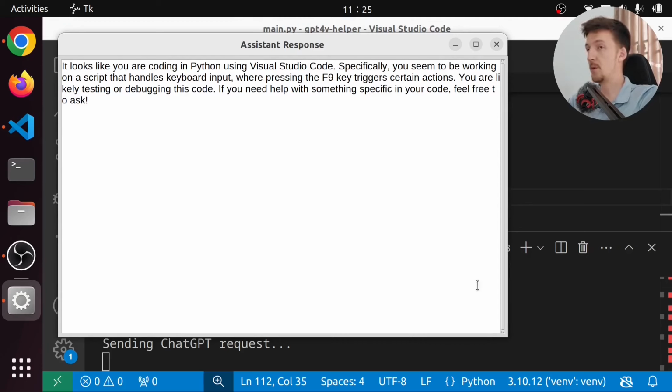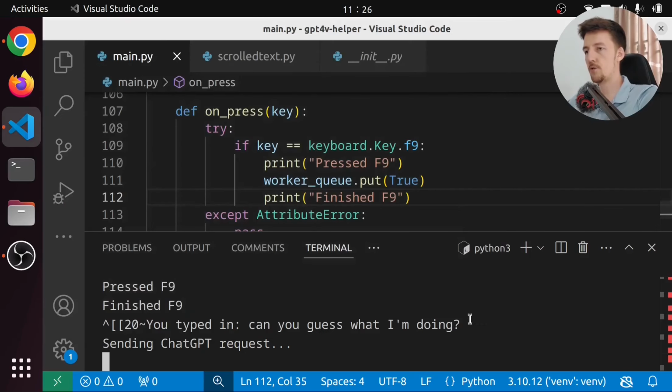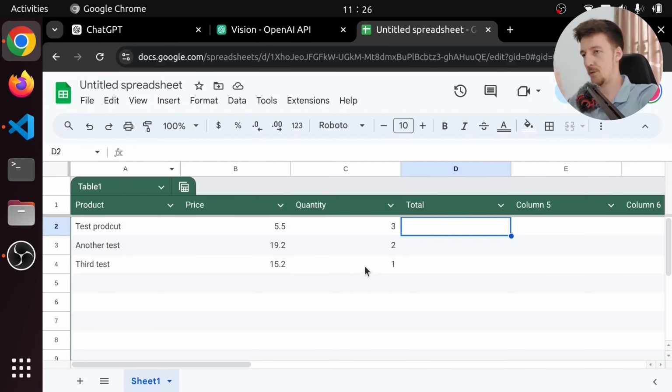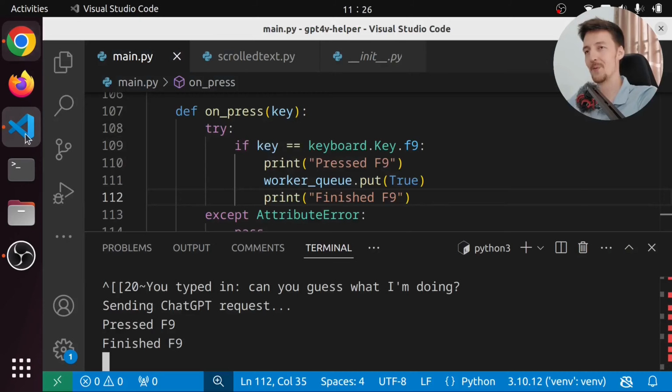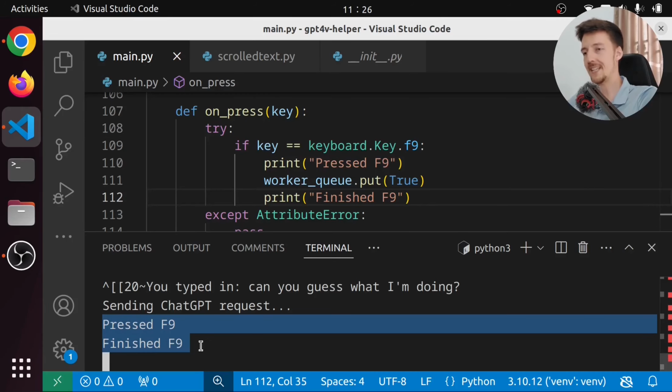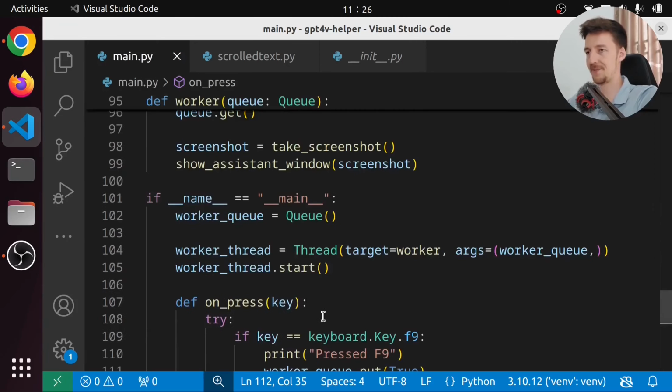Specifically, you seem to be working on a script that handles keyboard input, where pressing the F9 key triggers certain actions. Okay, it still works. And if we close this, does it still work? And more importantly, does it work here? If we now press F9 here, it doesn't work anymore. So why is that? We detected the press of the button, but we didn't do it anymore because we are